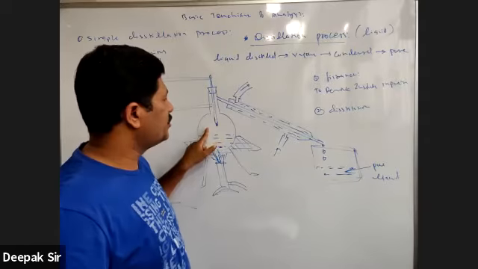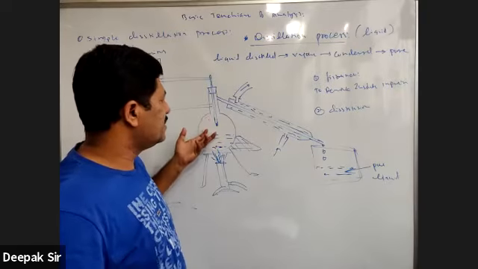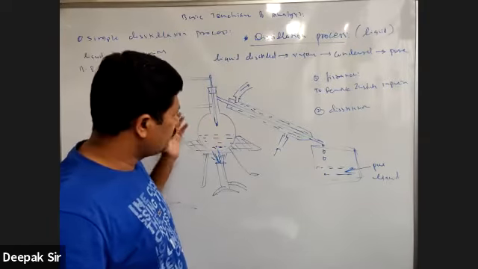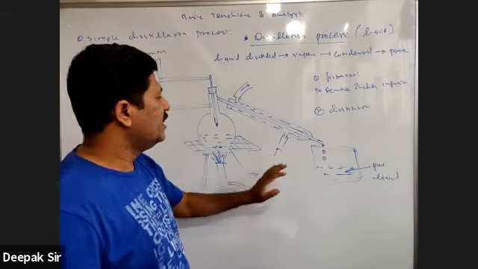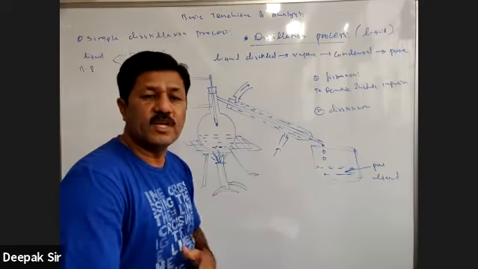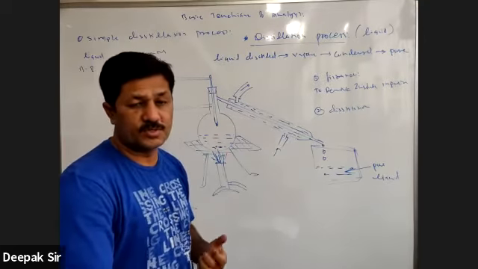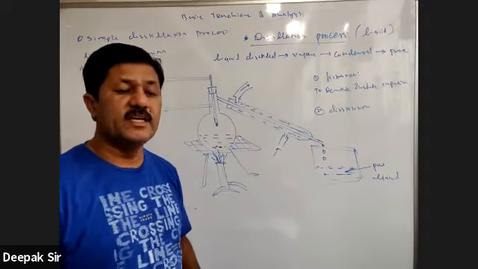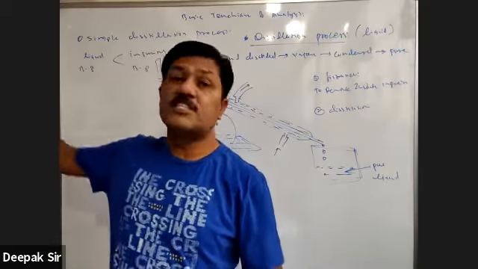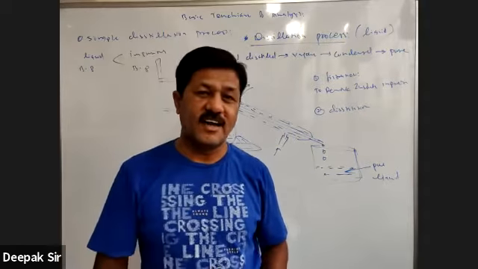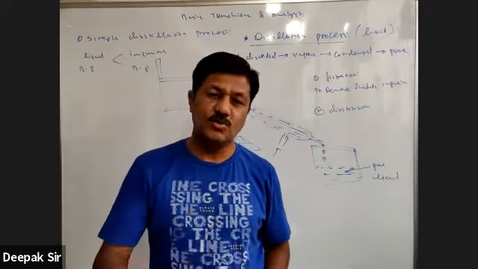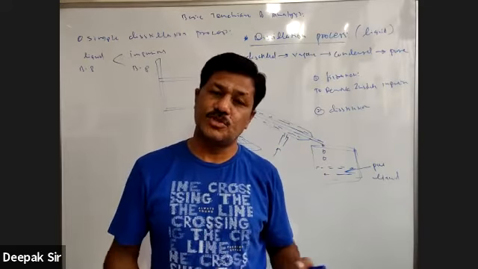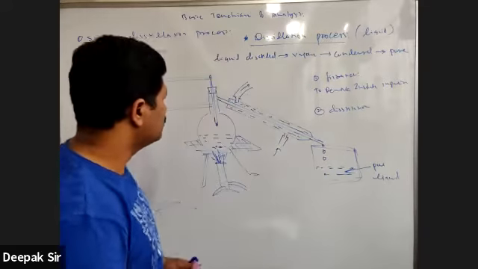And the moment the thermometer reading starts increasing, remove that container. So all the substance is removed, and this is called a simple distillation process. Clear with this? Now let's move to the next. That is called the fractional distillation process. जिस तरीके से crystallization था, fractional crystallization था, उस तरीके से ये fractional distillation process भी है. So let's move to the fractional distillation process.